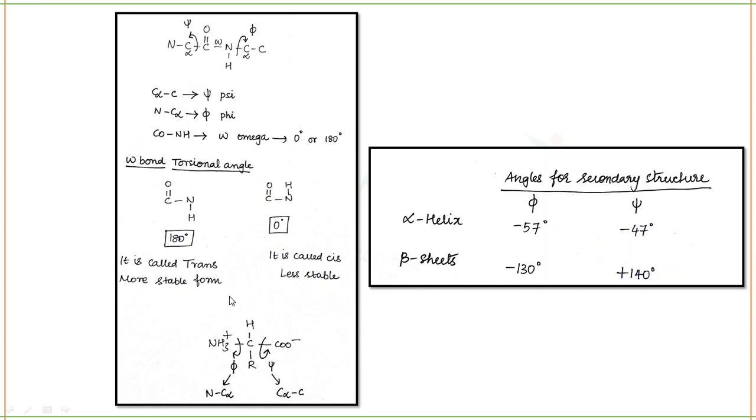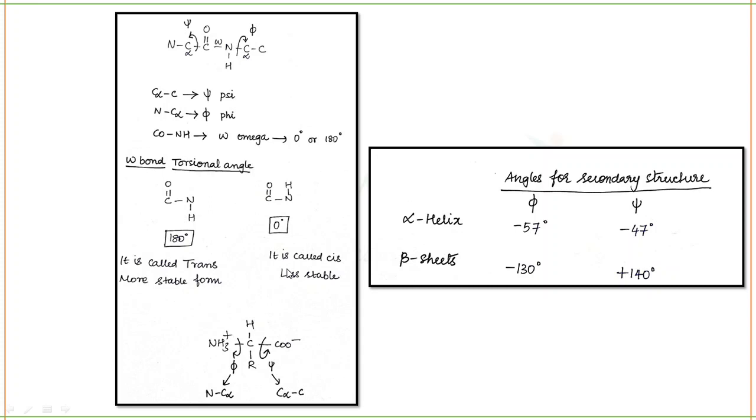Within one amino acid, I have also shown you the phi and psi angles. Basically, in one amino acid you can never understand the omega because the omega angle is not there. The omega angle is only between the peptide bond. In one amino acid, between the C alpha and the amino group you have phi, and between C and the carboxylic group you have psi. So C, psi, C and phi. Remember it like that.